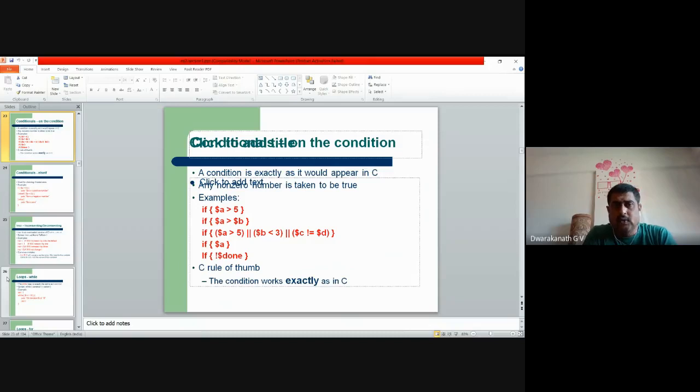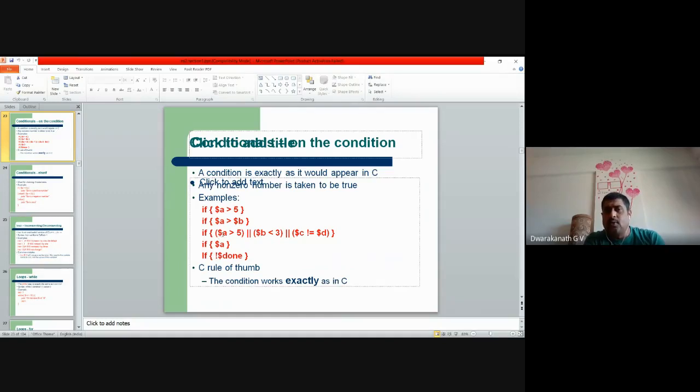Yeah, you see here. The next thing is how within if you can give examples. A condition is exactly as it would appear in C. Any non-zero number is taken to be true. So whatever non-zero number is there, you can take. Observe carefully how the relational conditions you can give here.